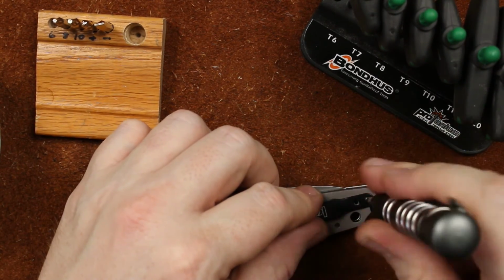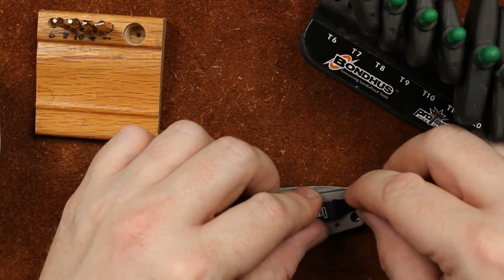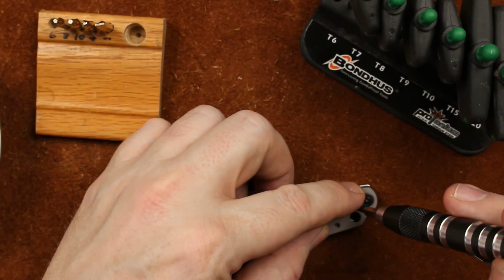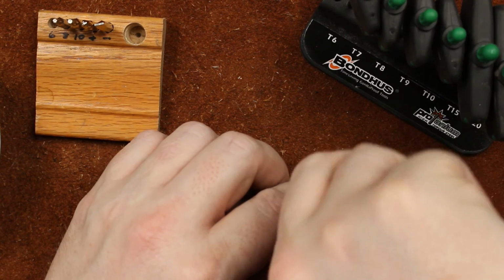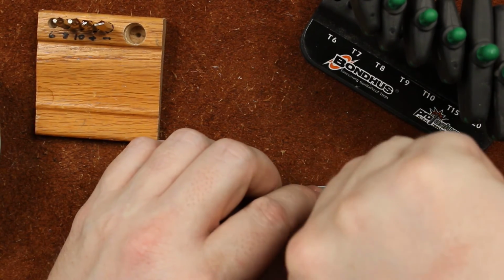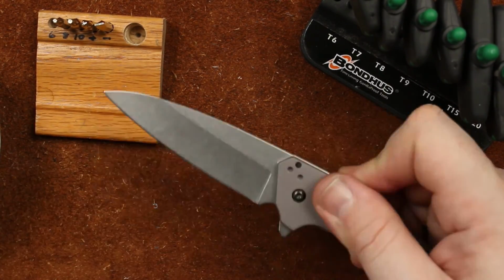I do agree with a commenter from the other day. I really think that Kershaw needs a second brand, or I guess it'd be a third brand, of knives that fall in the area between ZT and Kershaw. You know, if you ask ZT, they would probably say that that's their US made knives that have got the Sandvik steel in them, but I would like to see them